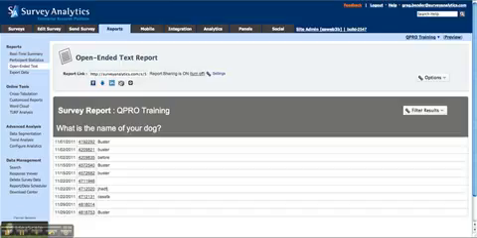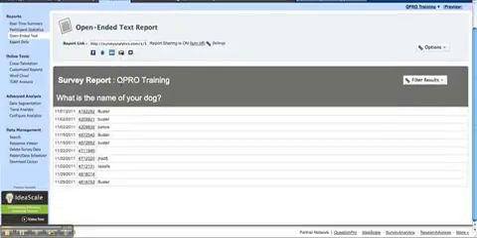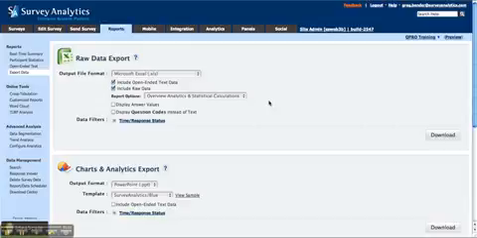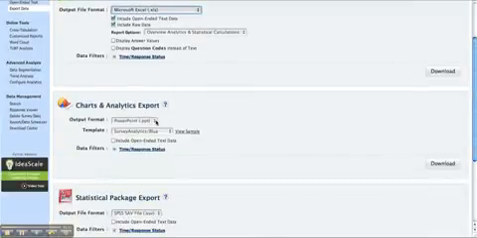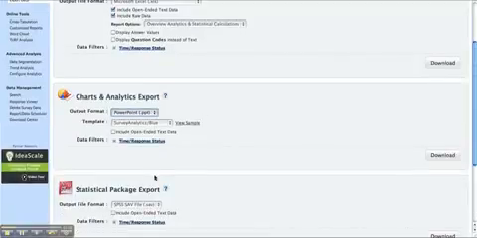Open-ended text allows me to look at only the open-ended text questions in the survey. And the Export Data tab, I think, is probably one of the most important, where I can bring the data out into a raw data export into either Excel or CSV. I can bring out all of our charts and analytics into PowerPoint, Word, or Excel. I can also bring the data out into a native SPSS format